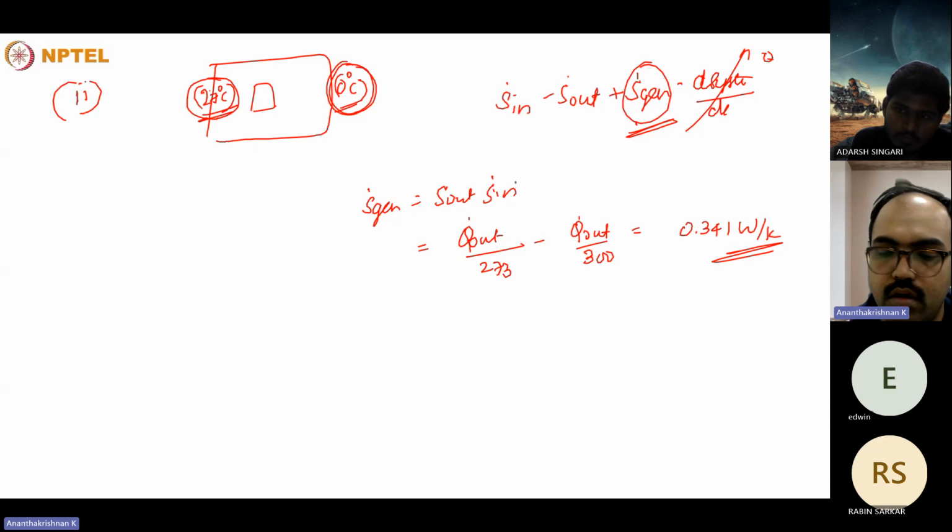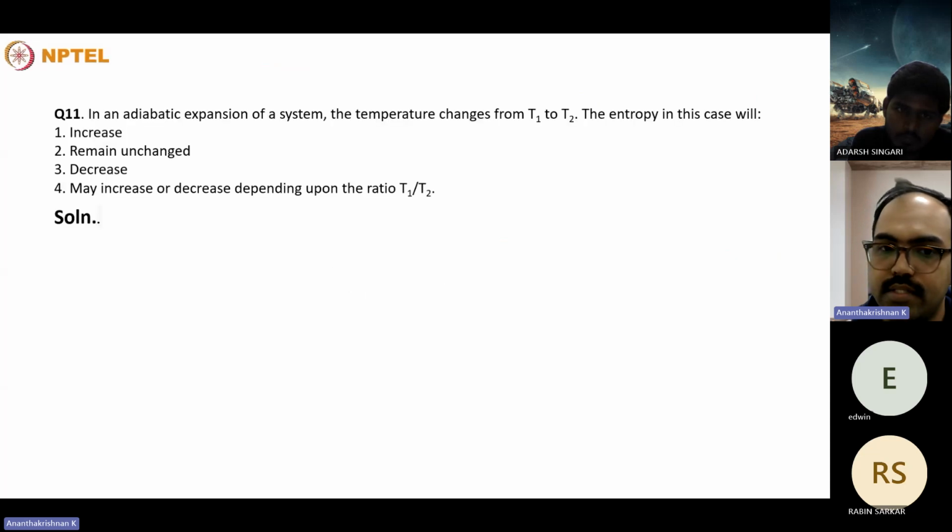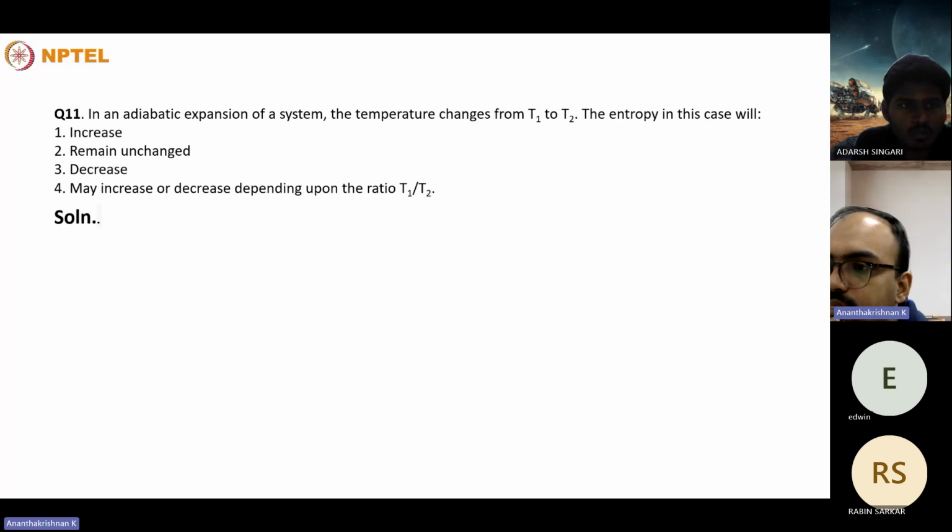Right. Now we can move into the last problem. It's a multiple choice question. In the adiabatic expansion of a wall, the temperature changes from T1 to T2. The entropy in this case will increase, remain unchanged, decrease, or may increase or decrease depending upon the